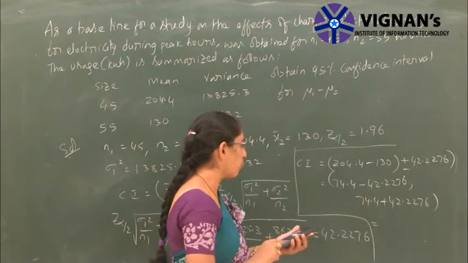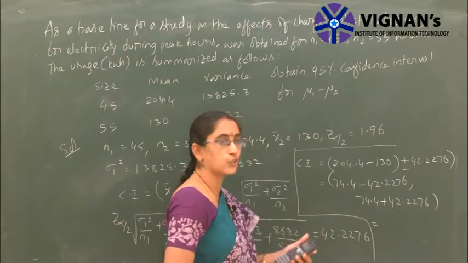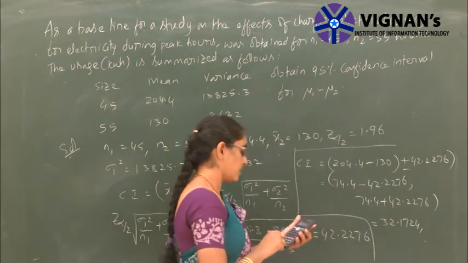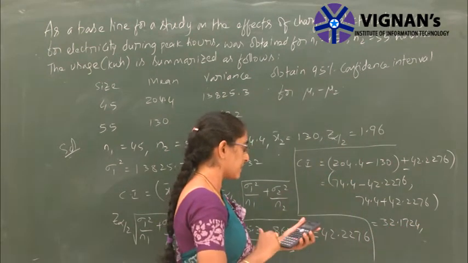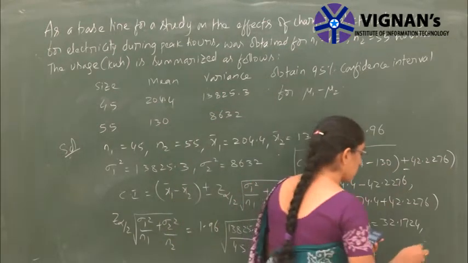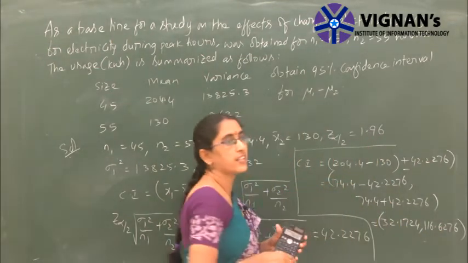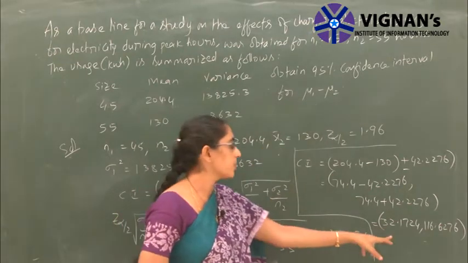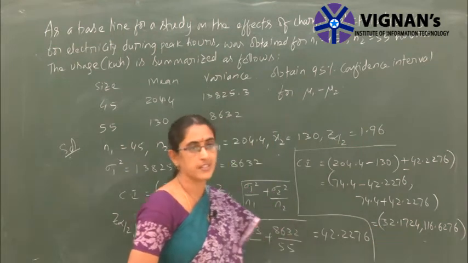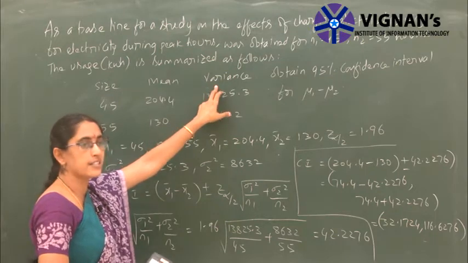Here 74.4 minus 42.2276 is 32.1724 and 74.4 plus 42.2276 is 116.6276. So the confidence interval for mu1 minus mu2 is 32.1724 and 116.6276. Sometimes they may give you the standard deviations, that is sigma 1 and sigma 2, then you have